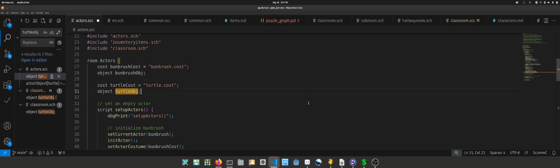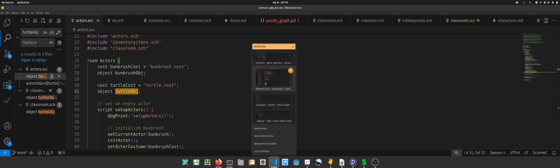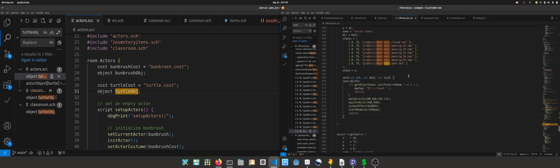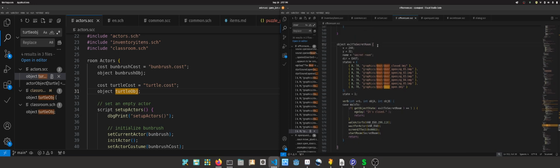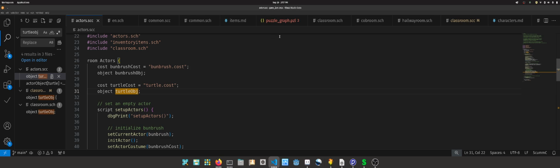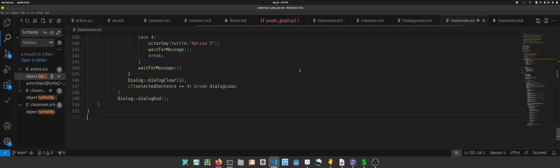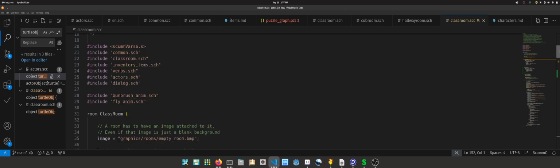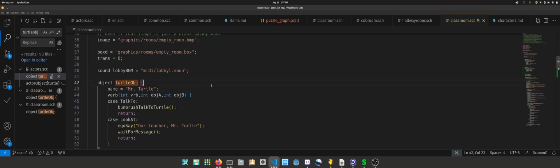Actually pretty sure we don't. Just give me a sec, because I don't think we need an actor in this case. It's not a cost, just an item. It's been some time. Right, exit to secret room. Right, we can, no, I'm dumb, sorry, I'm really dumb. We can do a state right here in the classroom. We don't need to place that outside. It's not an actor, it's not moving, so